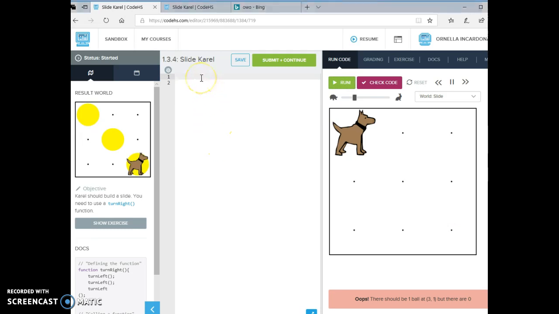So the first thing we're going to do is define our function known as turn right. So this is really important. We're telling the computer that when we say turn right, we are actually asking you to move left 3 times. So we need to be very specific, and we need to type in turn right and then open and close parentheses and then